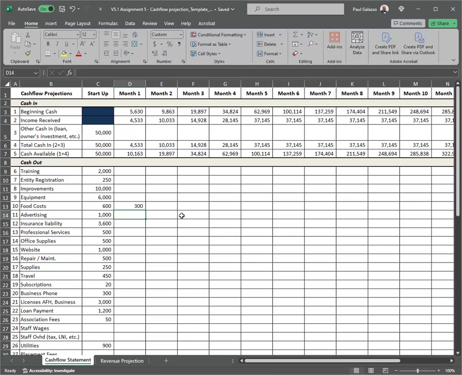So I'm going to say that we're going to go ahead and spend $1,000 in month 1 in order to drive traffic to our website and convert. So now our next line item is liability insurance. As you know, all adult family homes need those insurance policies. That's professional liability insurance as well as business liability insurance. We determined during the startup phase that it was going to take about $3,600 in order to get that done